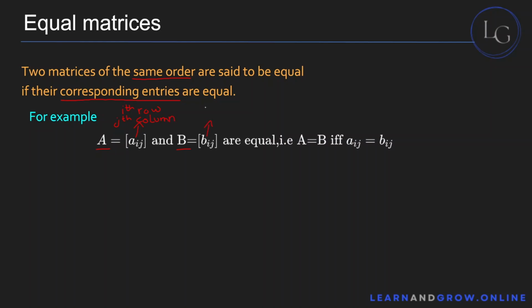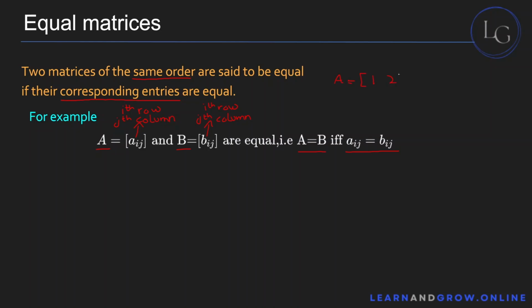Similarly here, the element of B in the same ith row and jth column. So basically the element of A and the element of B are in the exact same positions in both matrices. So if every corresponding element of A and B is equal, then the matrices A and B are also equal. What this really means is, let's take matrix A here as